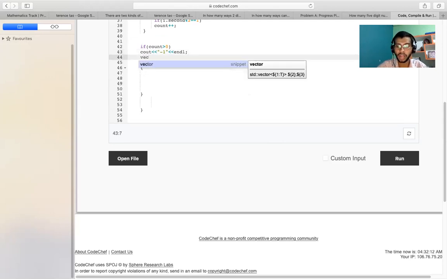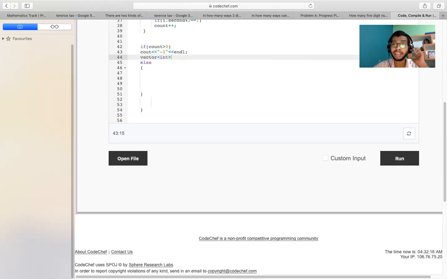Let's make two vectors. Why am I making a vector? Because, as I have already told you, for the elements which were not equal, we just have to make vectors. As I told you in the explanation, the array elements which were already equal, which had a copy in the second array, we don't have to do anything with.